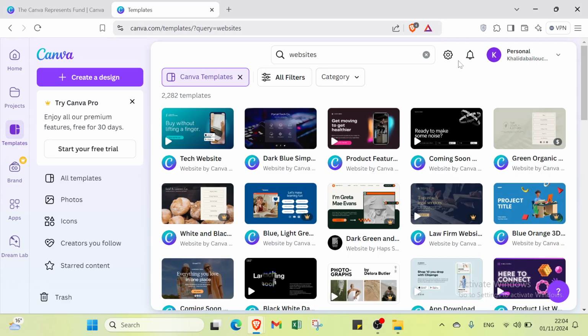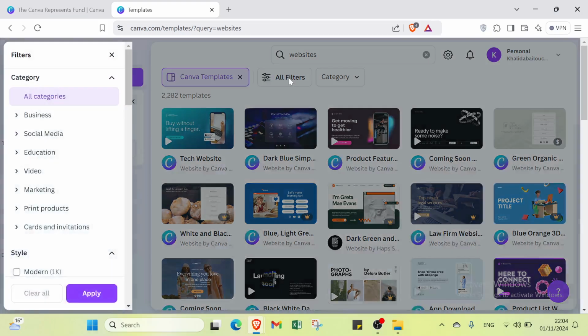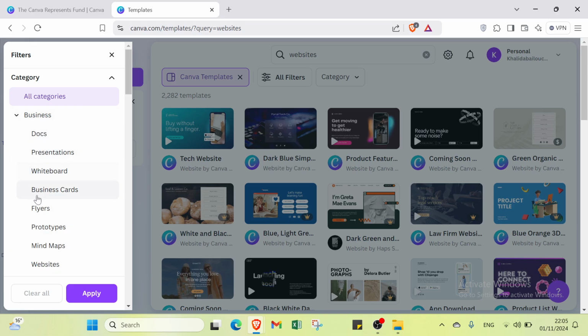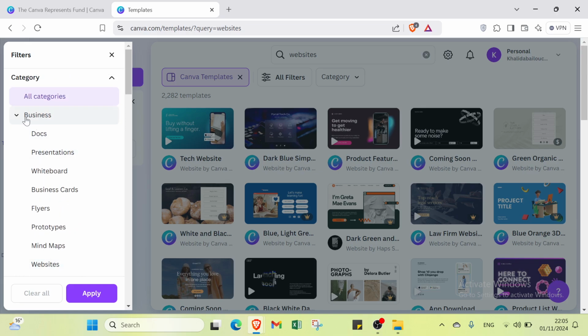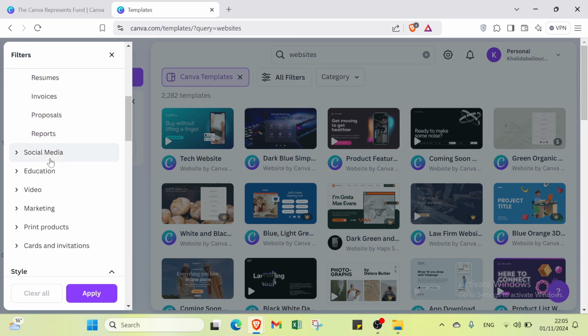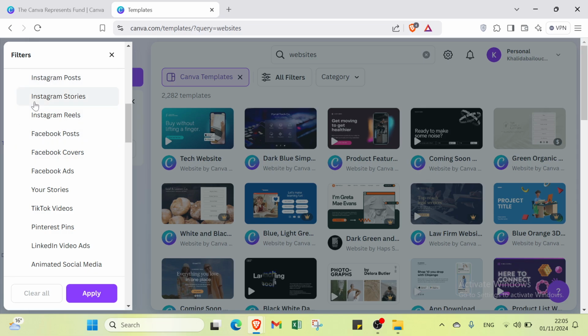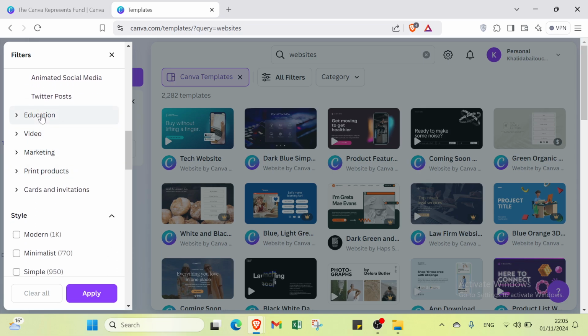So we have just to select the template that I think it's better. For example, I will just select this template, but firstly it's just select the filters that I want. For example, about the categories, I will select here if is it business, social media. For example, if you select business, you have just to select the one you want on business. All right, we have here also social media if you want Instagram, Facebook, LinkedIn, TikTok, as you can